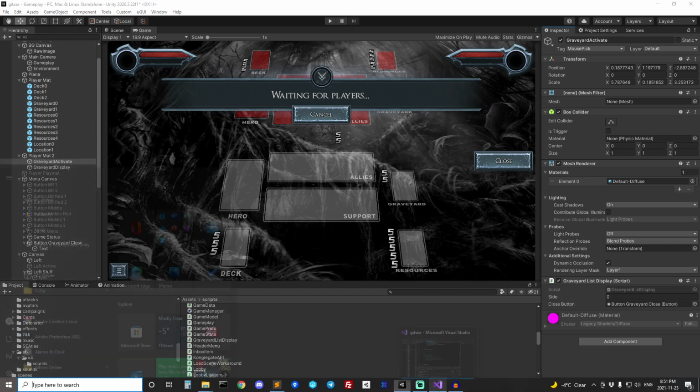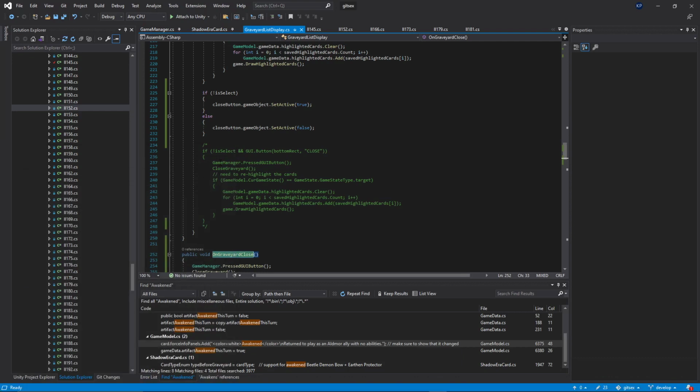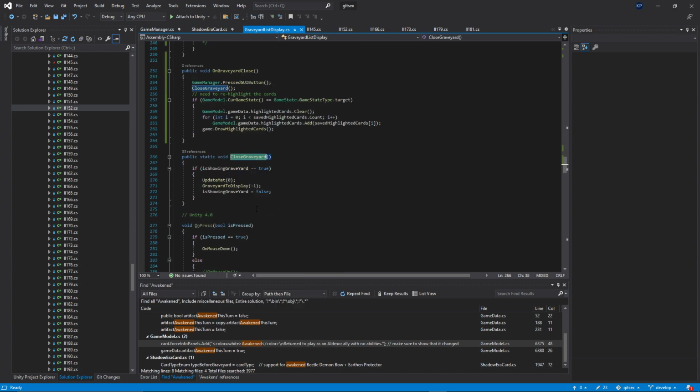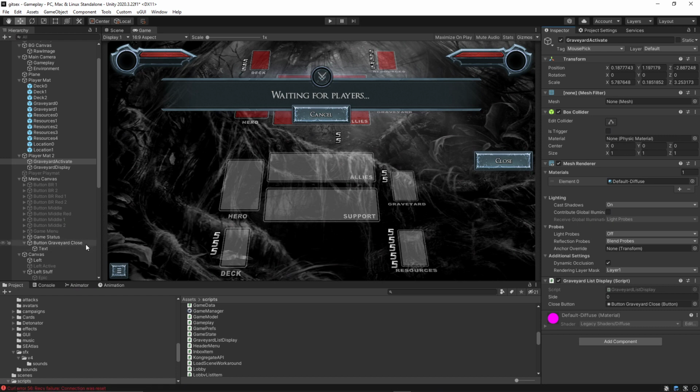Check the code. Yeah, I think it might work in both cases. It doesn't matter